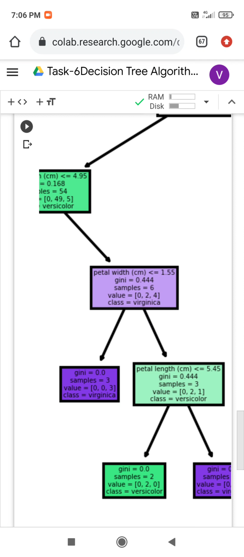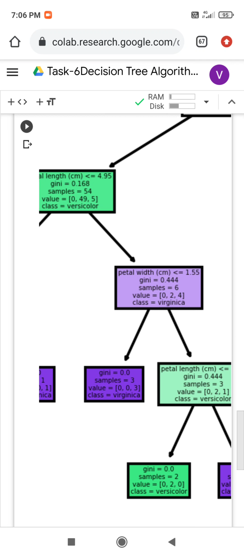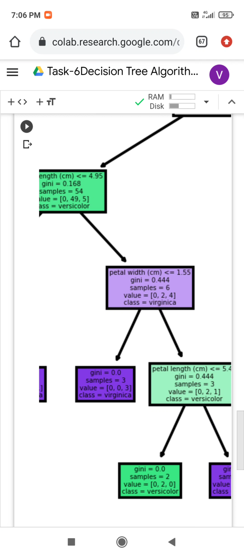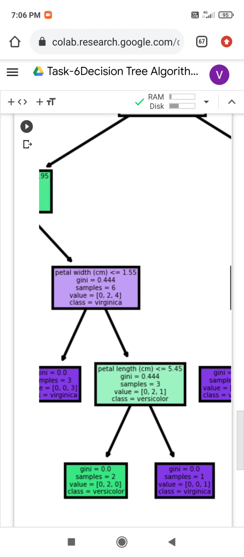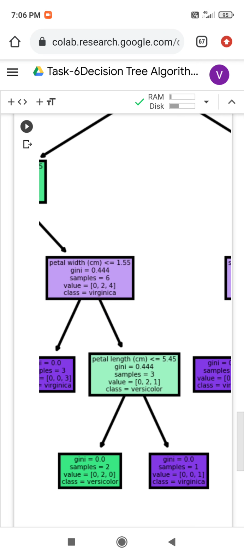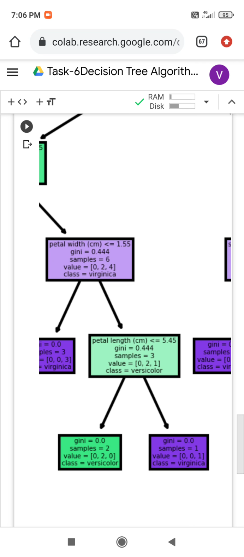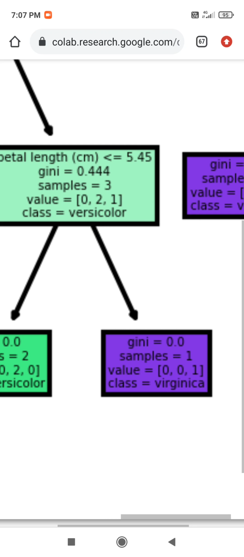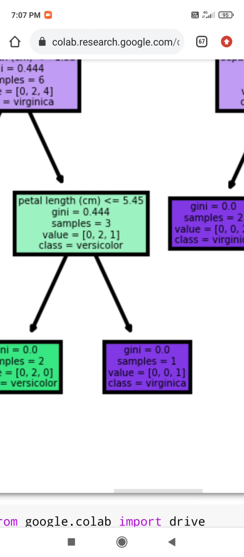If the value contains 0, 2, 4, it may be either versicolor or virginica. If the value is 0, 0, 3, it's virginica. If the data value contains 0, 2, 1, it may be either versicolor or virginica. If 0, 2, 0, it represents versicolor. If 0, 0, 1, it represents virginica.